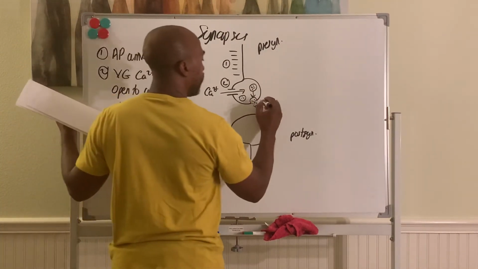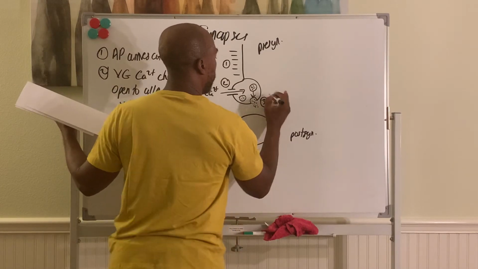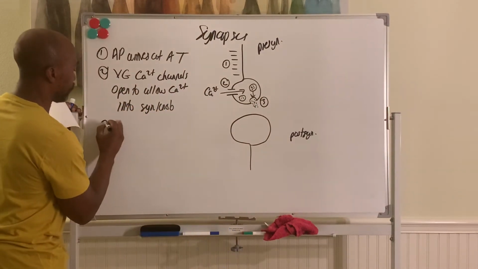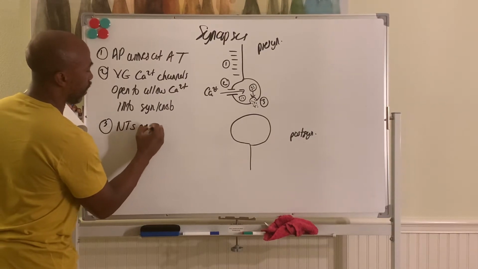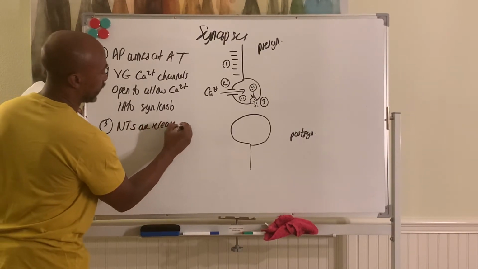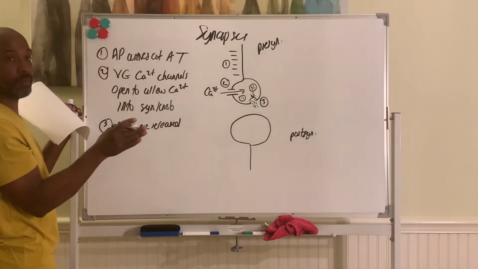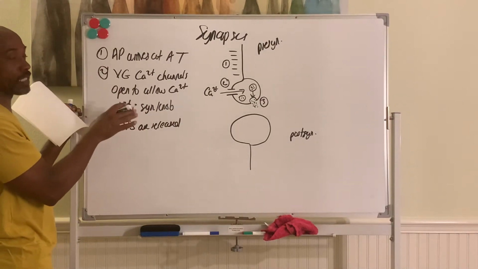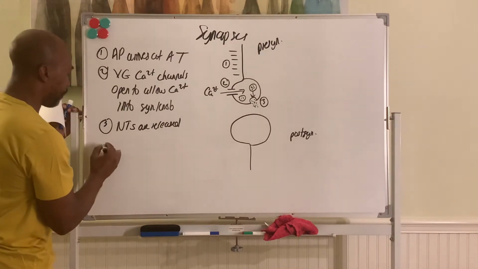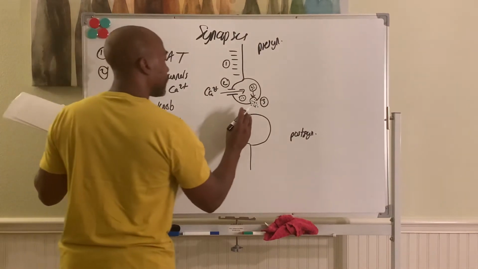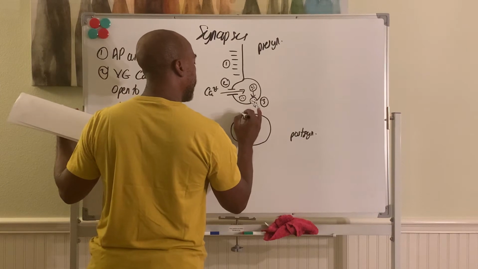So here we have step three, NTs are released. And you need calcium for that to happen. Without calcium, the NTs will not be released. Then step four